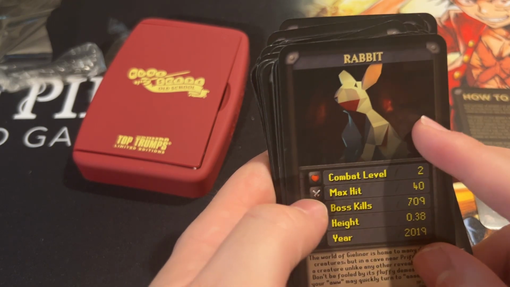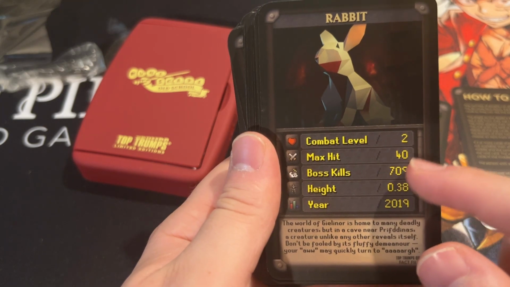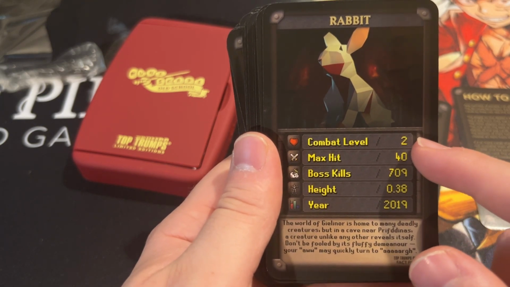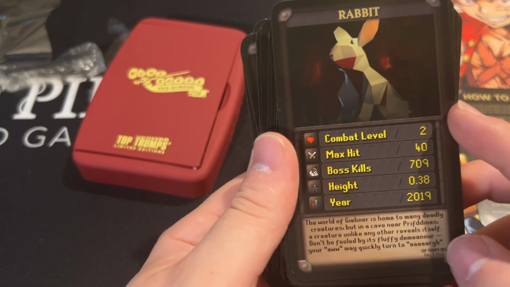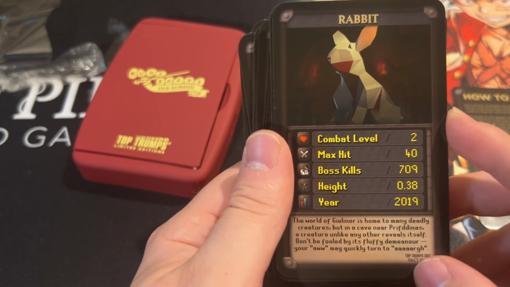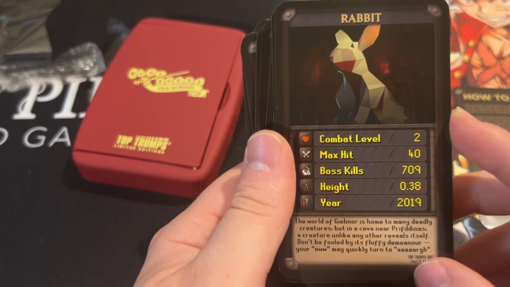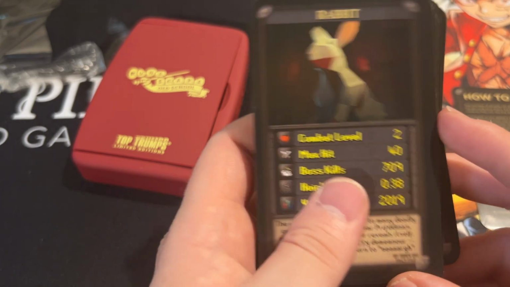Rabbit, this is a boss in the Elven lands. It's got very high HP, even for its combat level only being 2. So 2019 that was. The world of Glenor is home to many deadly creatures, but in a cave near Prifdinus, a creature unlike any other reveals itself. Don't be fooled by its fluffy demeanour. Your may quickly turn to a...